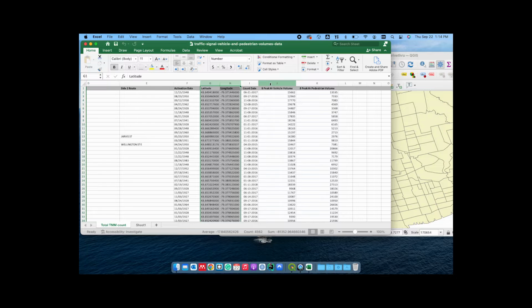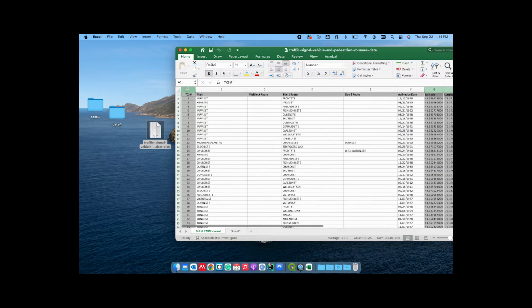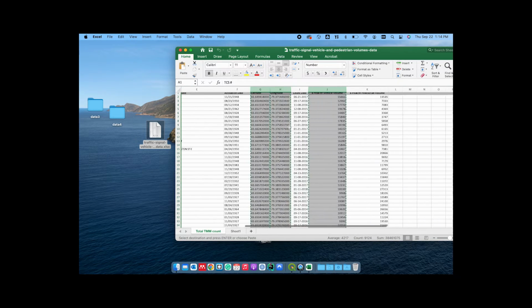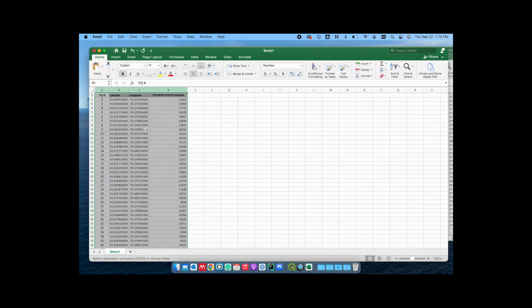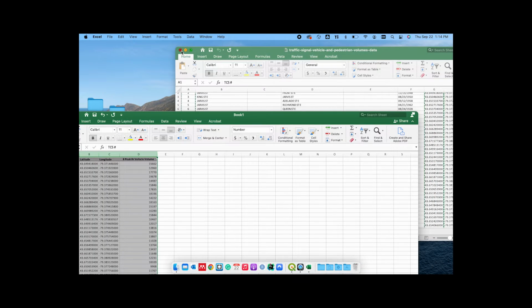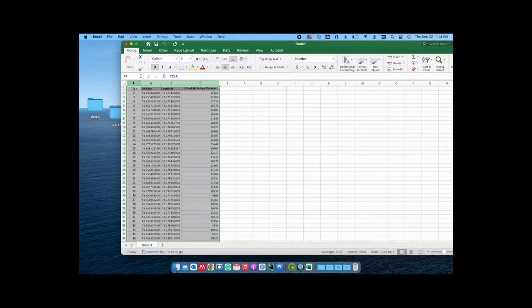Okay, so let's do that, and let's sort of geocode it. So I'm going to get the latitude, longitude, and press Command or Control, depending on whether you're using a PC or Mac, and our TCS number, so we get our unique identifier. Start a new Excel spreadsheet and copy paste it. Once you copy paste it, you can close the old CSV file that you've got,